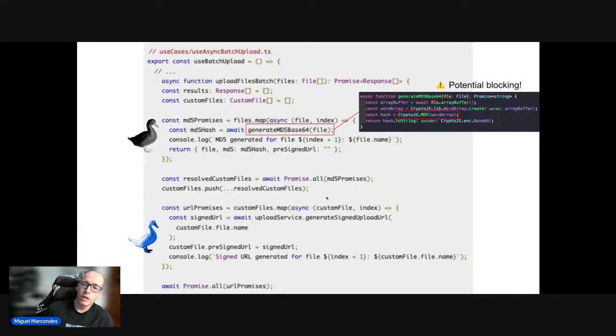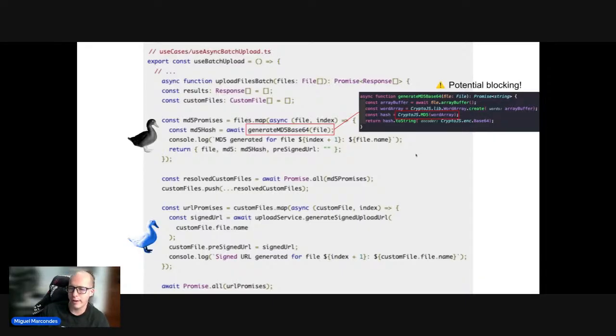But one thing that's good to mention is that we will call those promises to be resolved at the same time. That's it. Not all the promises will run at the same time, but